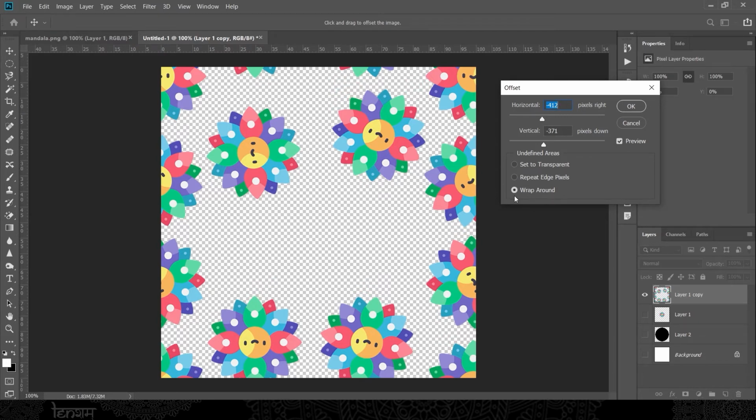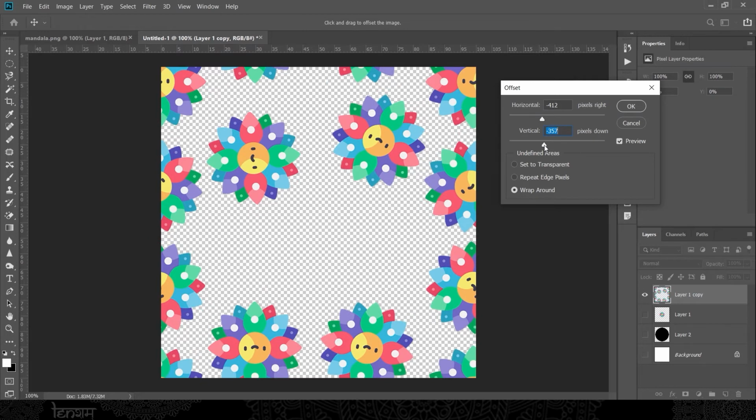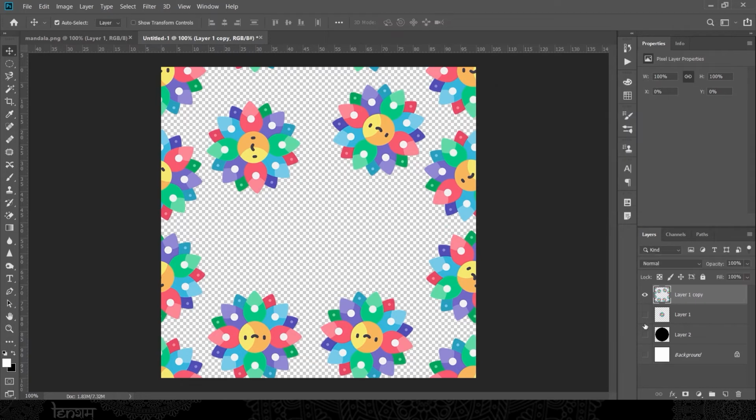And you must keep in mind that the wraparound option must be checked. And the main purpose of wraparound is, once you check the wraparound, your pattern will become seamless. And now by sliding the bar of the horizontal and vertical slider, you can move the pattern up and down, right and left. And now find the most vacant area and fill that area with the PNG that we had kept